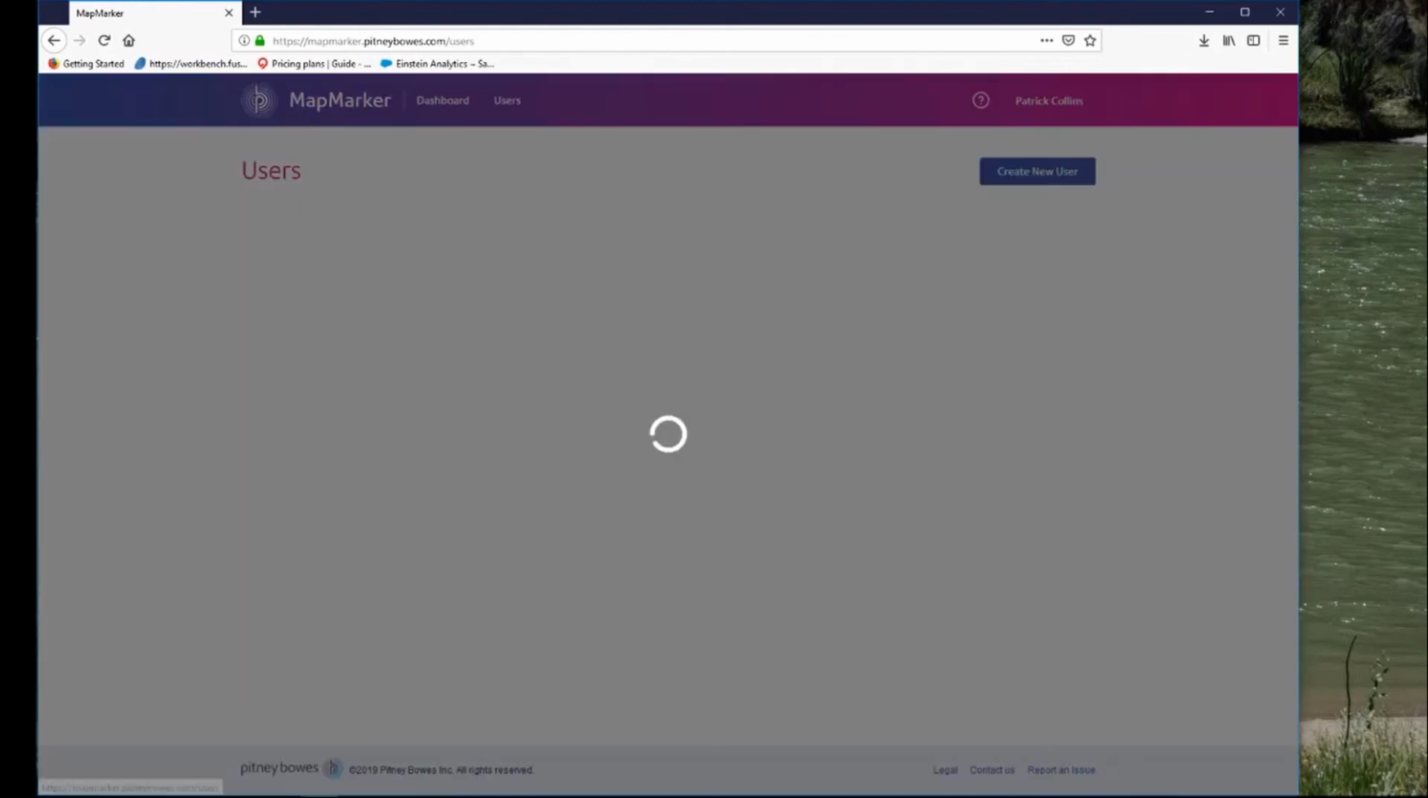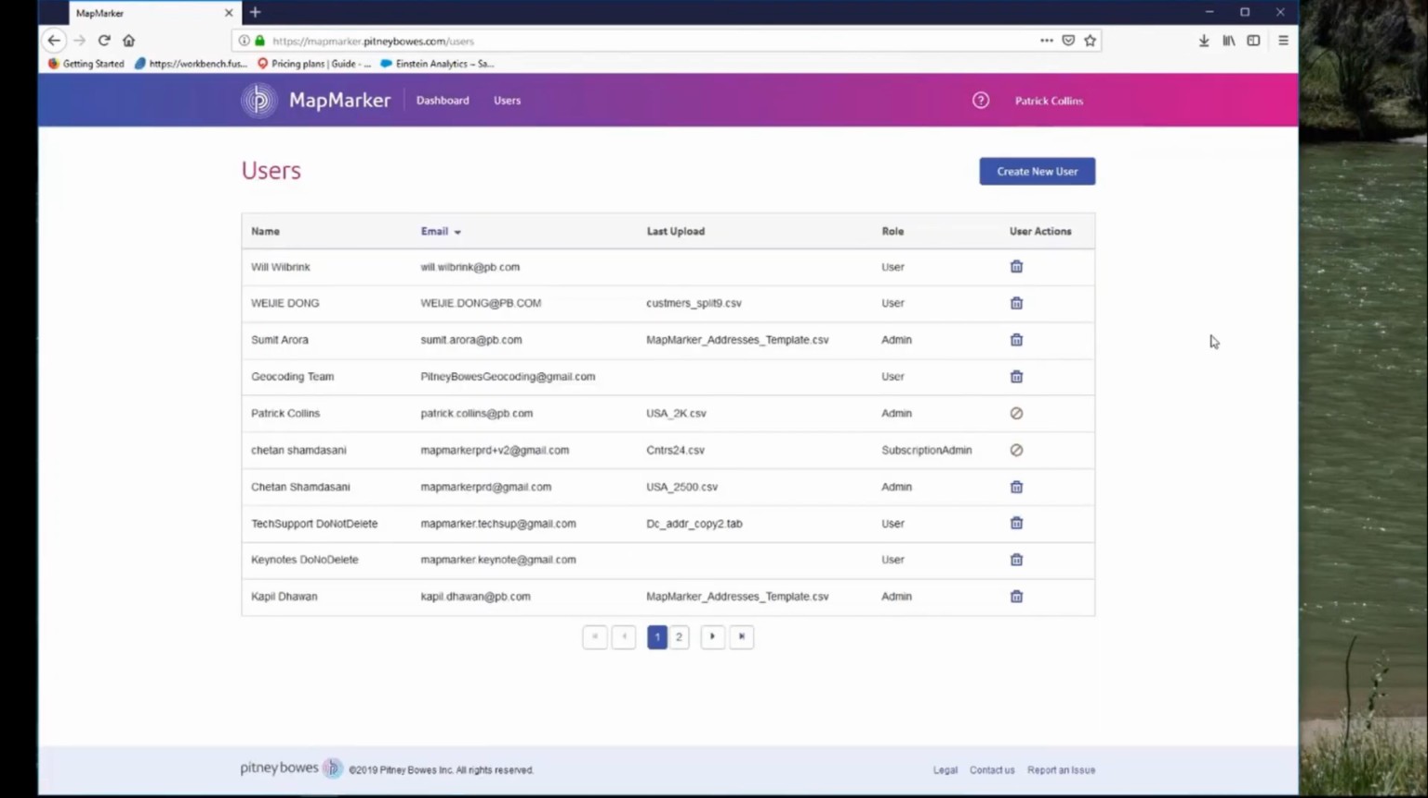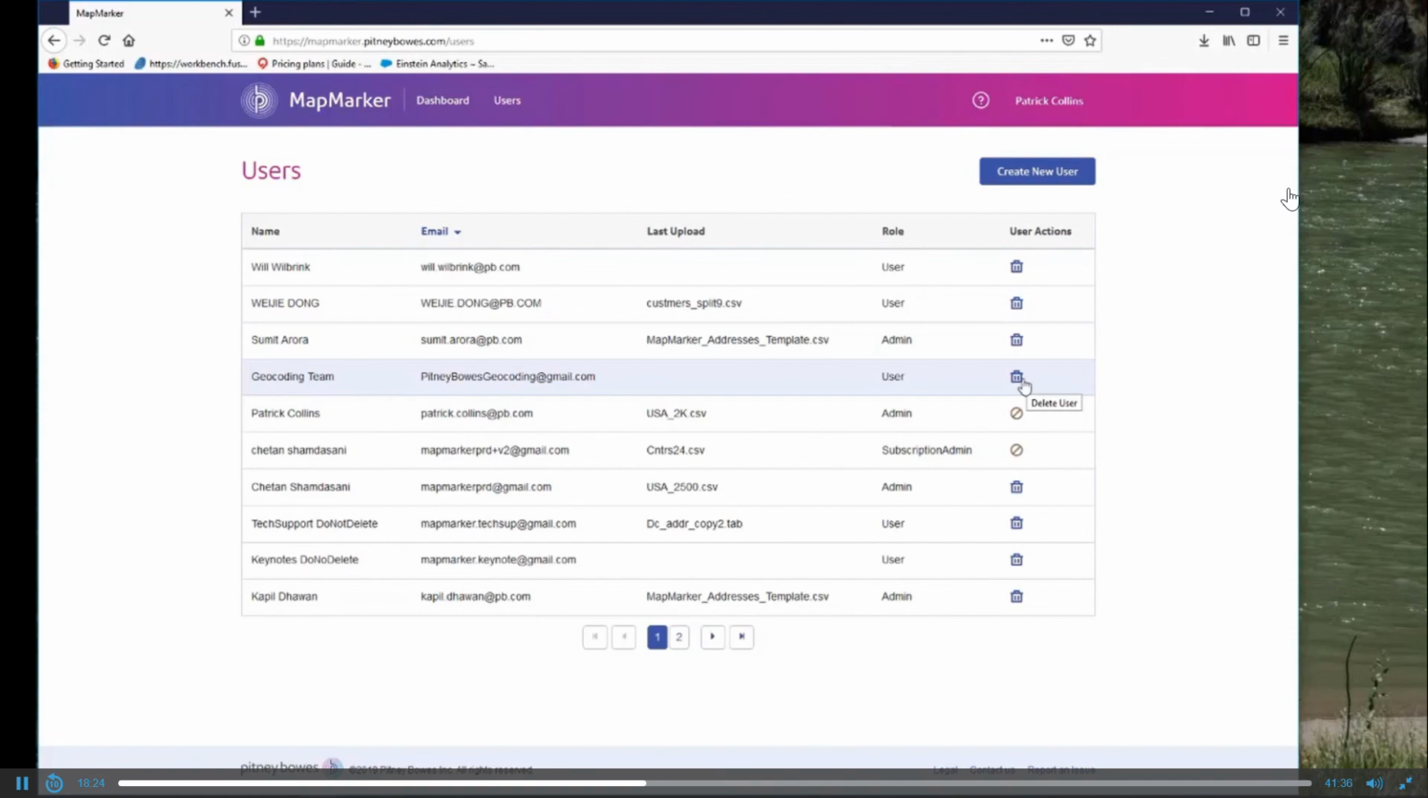To go to the user dashboard, as an admin, I have the ability to create and remove users from the account. So I have them all listed out here. You can see I can't trash an admin, right? I can't remove an admin from the system, but I can remove this guy. I'm not quite sure there, but